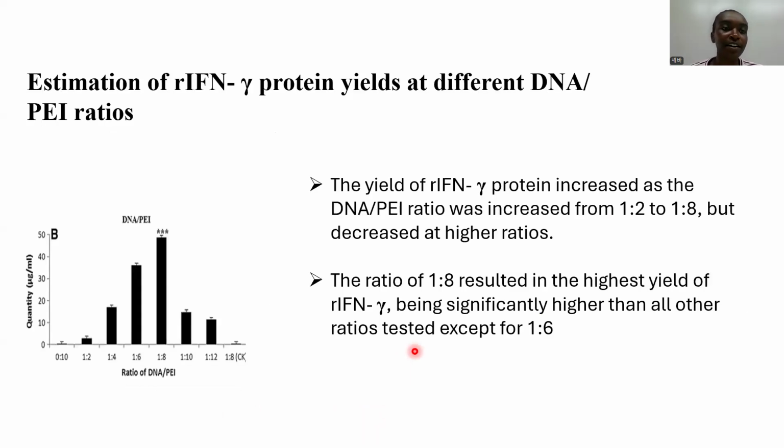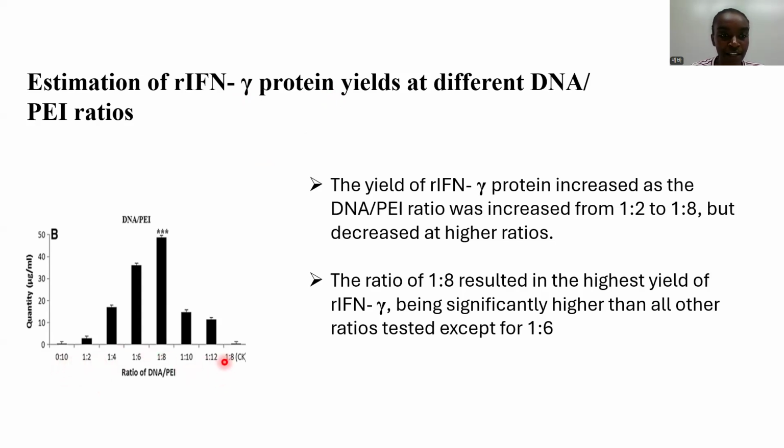So after confirming the amount of PEI that's optimal and the use of CHO cells as being successful in ensuring transfection efficiency, the researchers wanted to confirm what exact ratio is permissible to ensure optimal yield of the DNA of interest in recombinant system, particularly the recombinant interferon gamma protein. And so to do this, they cultured the CHO cells